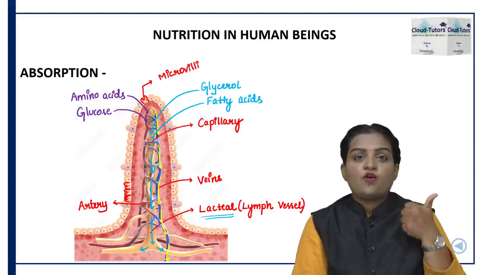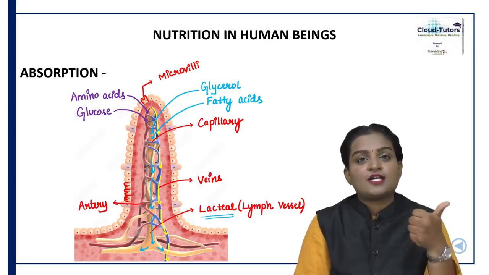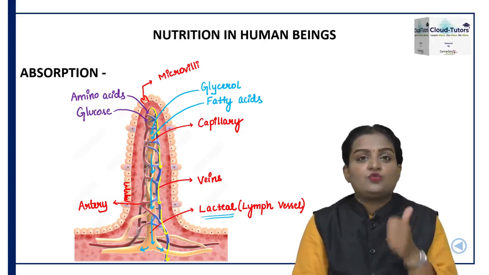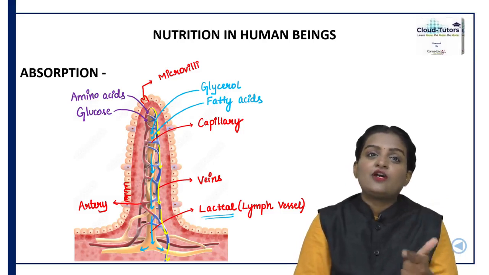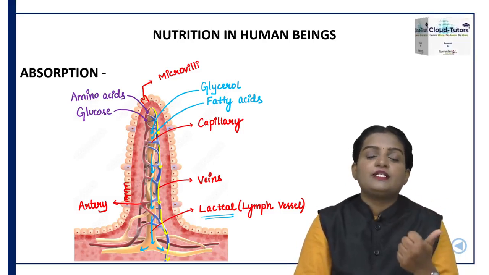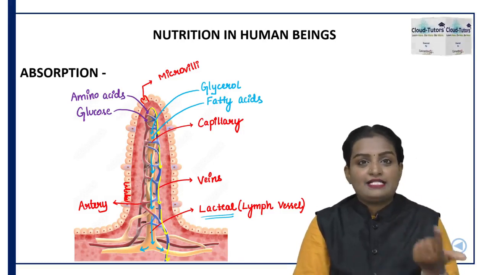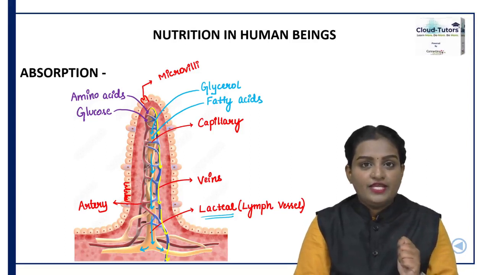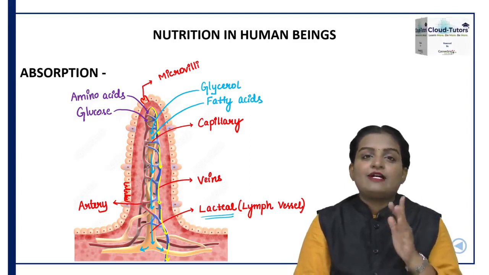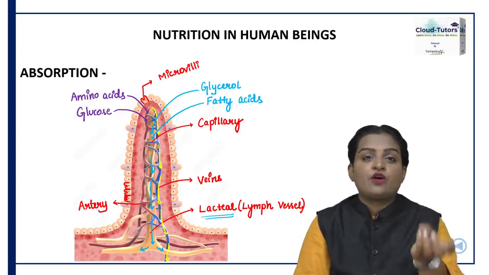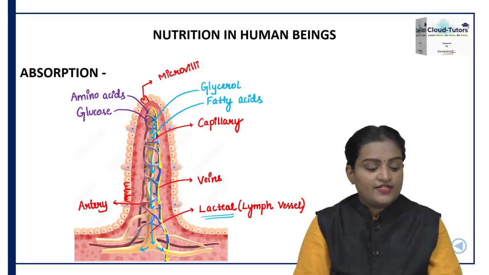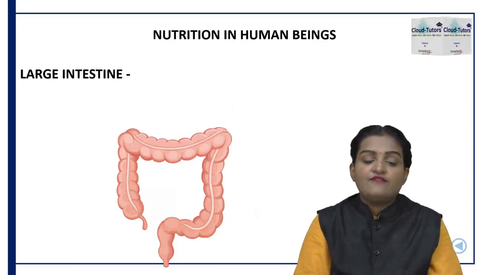So absorption of water soluble molecules occurs directly and enters the bloodstream. Water insoluble molecules such as glycerol and fatty acids will be absorbed into the lacteal. From the lacteal it will go to other parts of the body. Now once the absorption is done, the undigested and unabsorbed food will go to